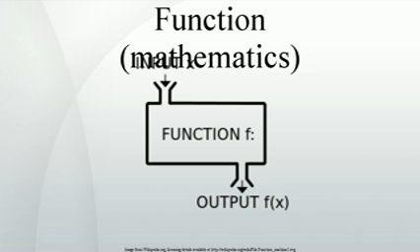Definition. In order to avoid the use of the informally defined concepts of rules and associates, the above intuitive explanation of functions is completed with a formal definition. This definition relies on the notion of the Cartesian product. The Cartesian product of two sets X and Y is the set of all ordered pairs, written (x, y), where